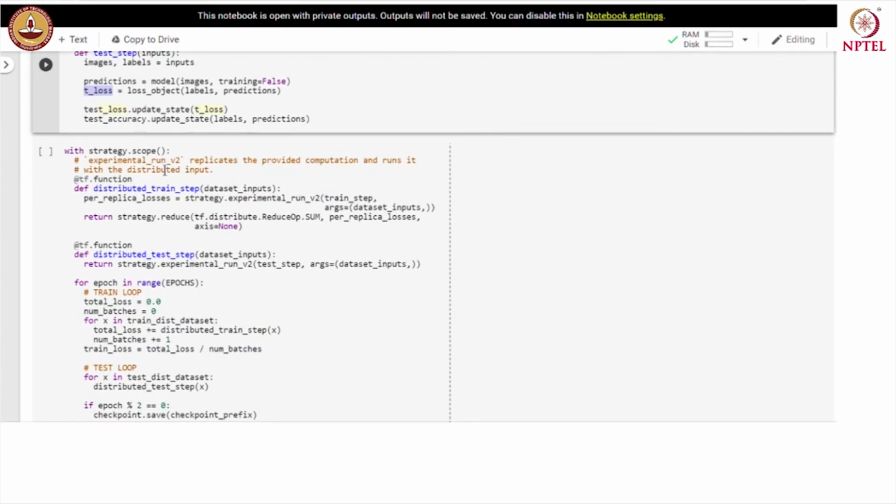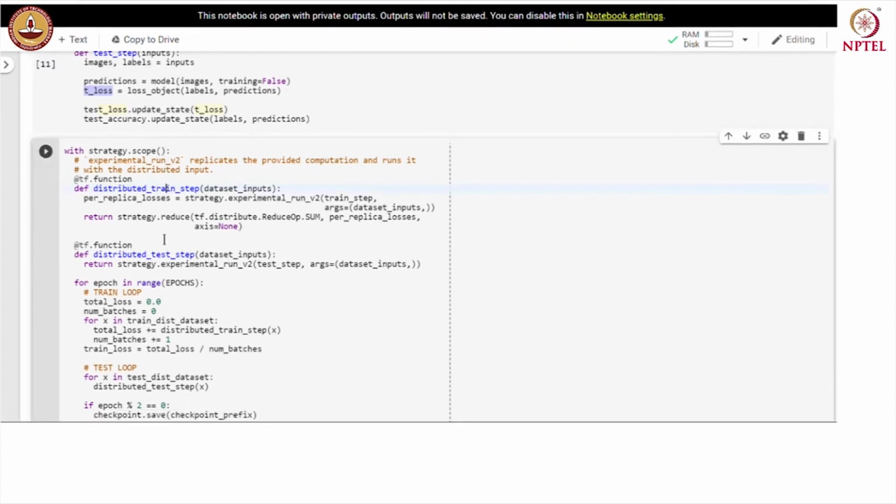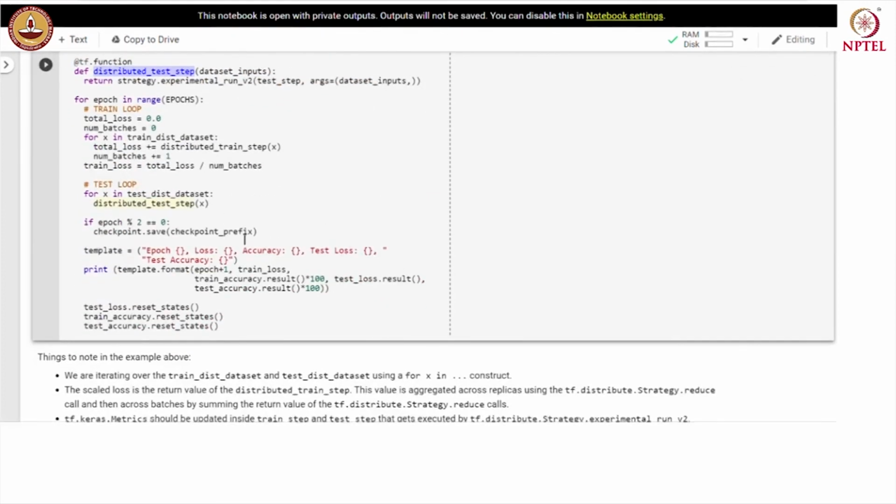In the strategy scope, we define a distributed training step and distributed test step. We are using TF functions over here.